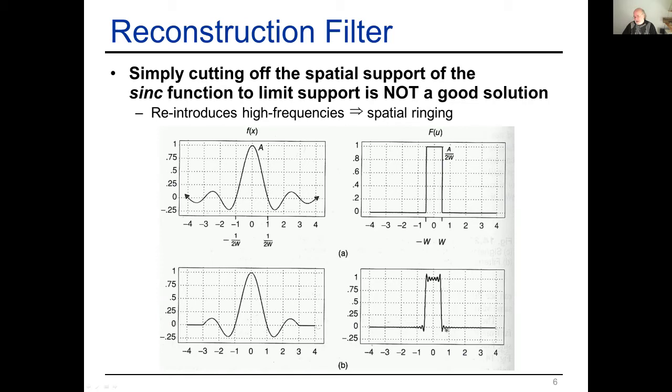Specifically, we get some higher frequencies into our result, and we're also modulating some of the frequencies that we actually want to conserve. They get modulated by this wiggly approximation to the box function. So that typically results in ringing along edges. If you cut off your sinc function, and you had a sharp edge, you sample that and then reconstruct it, you get this ringing artifact around edges. So if you have a black and white edge, you see some dark